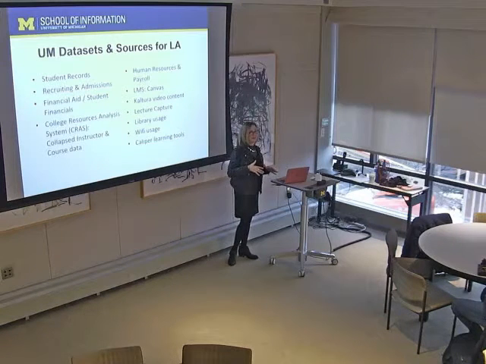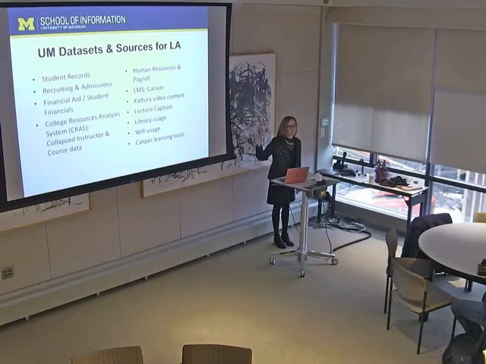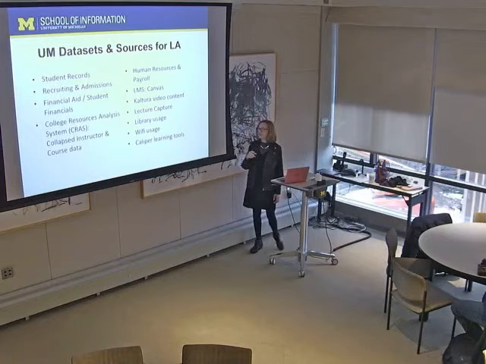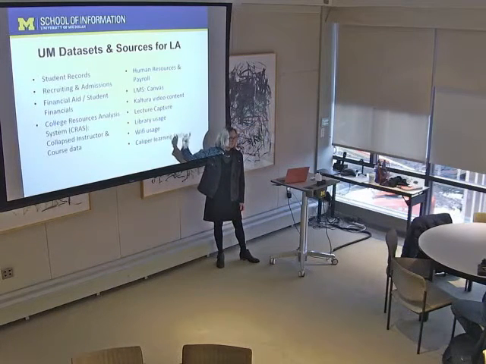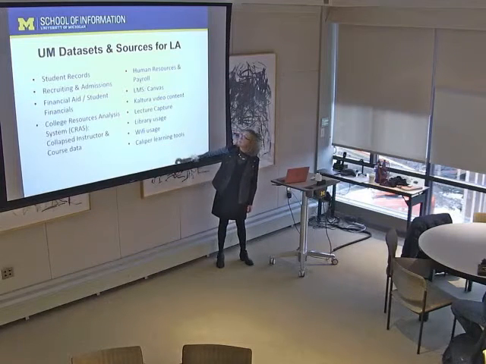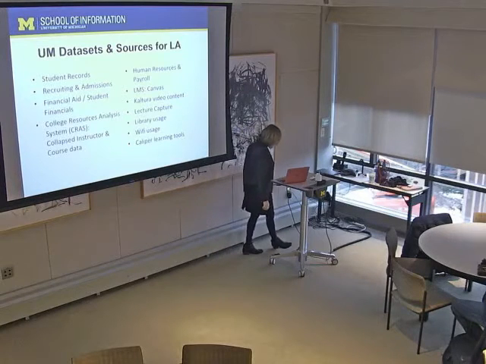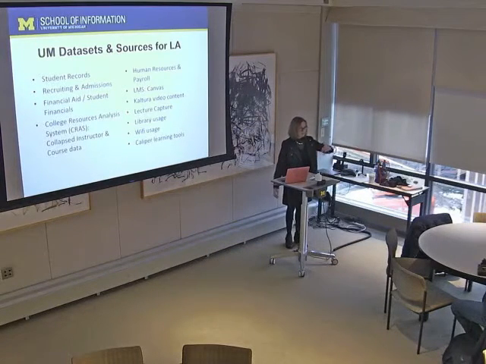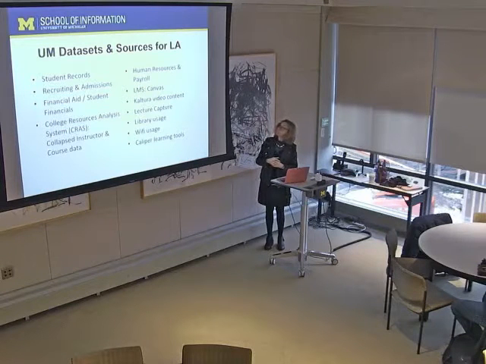We are not using that data in our project in any way, and there are some hoops you have to go through to use that data. Essentially, the university won't let people use this if it's identified data, with the student name linked to it. The rest of these things are identified data. So when we tap into them for learning analytics research, we need to be identified. We need to know who the students are, because we're going to line up different records for each student. Then we anonymize it, of course, but we do need to know who they are.